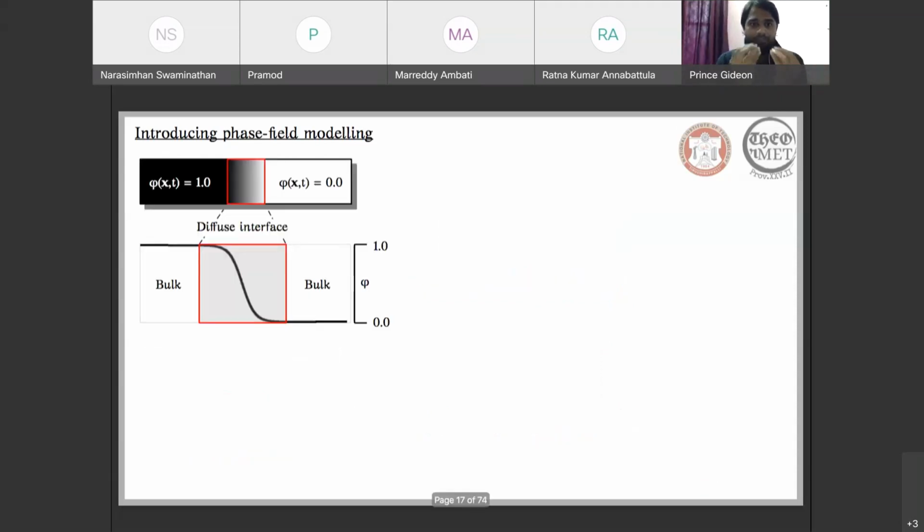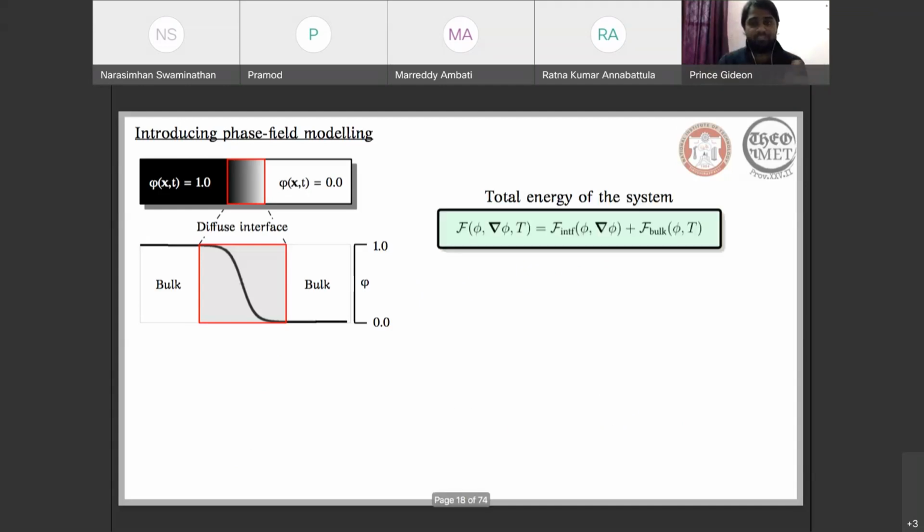Now, the phase field, as we have seen, helps us distinguish the phases from the interface. So essentially what we have is two different phases, that is a solid phase and a liquid phase, which we can refer to as the bulk phases, and we have the interface. So the overall energy density of the system, based on this characteristic feature of the phase field, can be expressed in this manner. So essentially the overall energy of the system comprises a contribution from the interface and a contribution from the